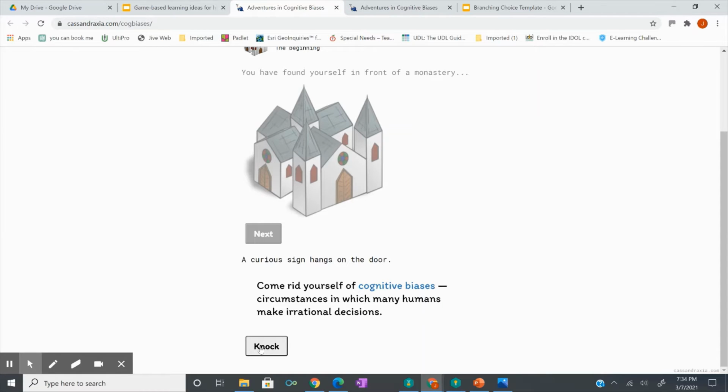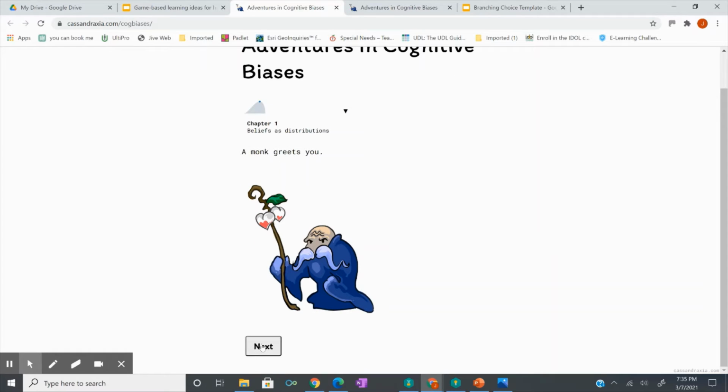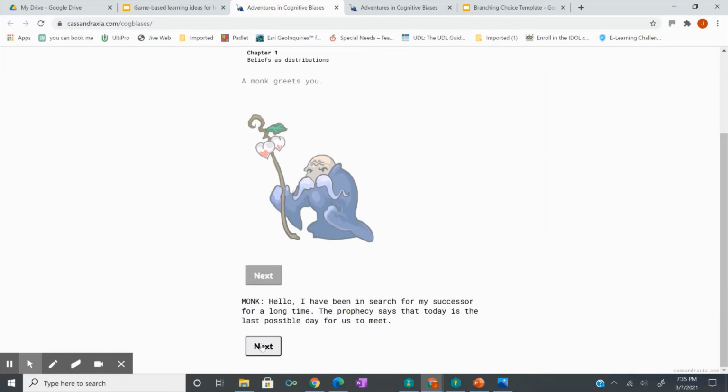There's humor in this. There's intrigue, because as you're stepping through, you're encountering characters and deciding when to move forward. So you get to move forward at your own pace, and it provides a context for learning the